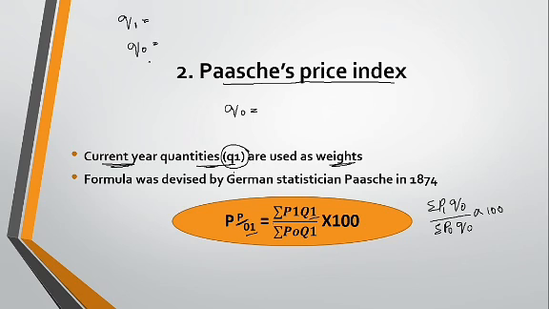I hope you understood this method. If you know each method with one problem, how to calculate, then all the methods can be solved simultaneously. So I want you to focus on each method properly with the formula. What are the weights assigned for that particular method? That is very important. If you know these two methods, Laspeyres and Paasche, it is easy for you to know the other methods. I hope you understood these two methods under the weighted aggregative price index number. Thank you, students.